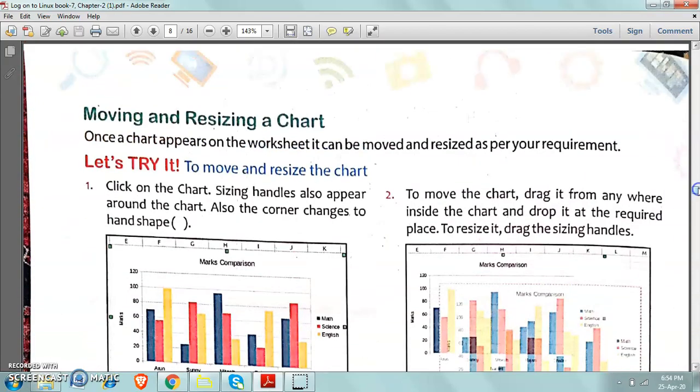I hope it is clear to you all and we will do it in the next video, moving and resizing text. How to change the size of a chart. So wait for my next video for this topic of moving and resizing the chart, and I hope you have all enjoyed it and will keep the steps in your mind to perform better. So wait for my video in which I will tell you the new topic of resizing and moving text.